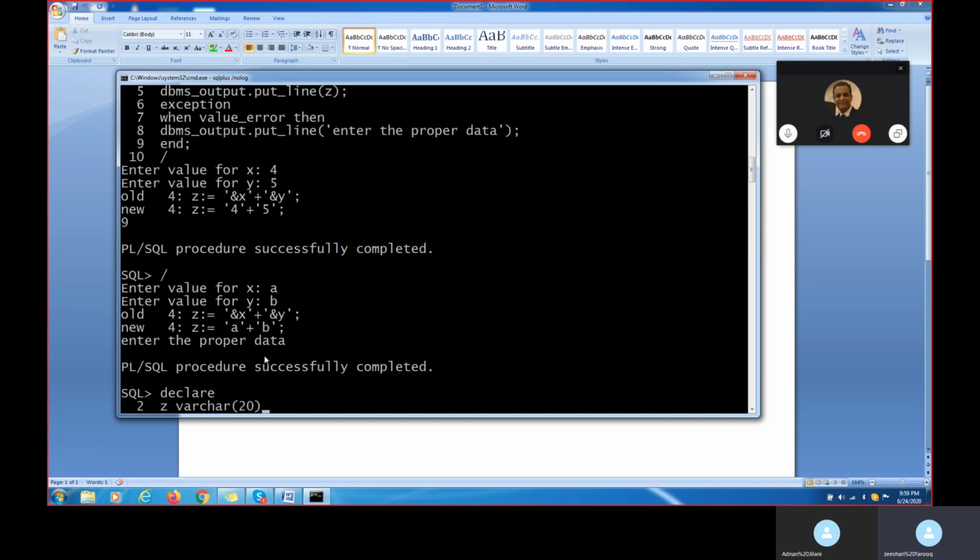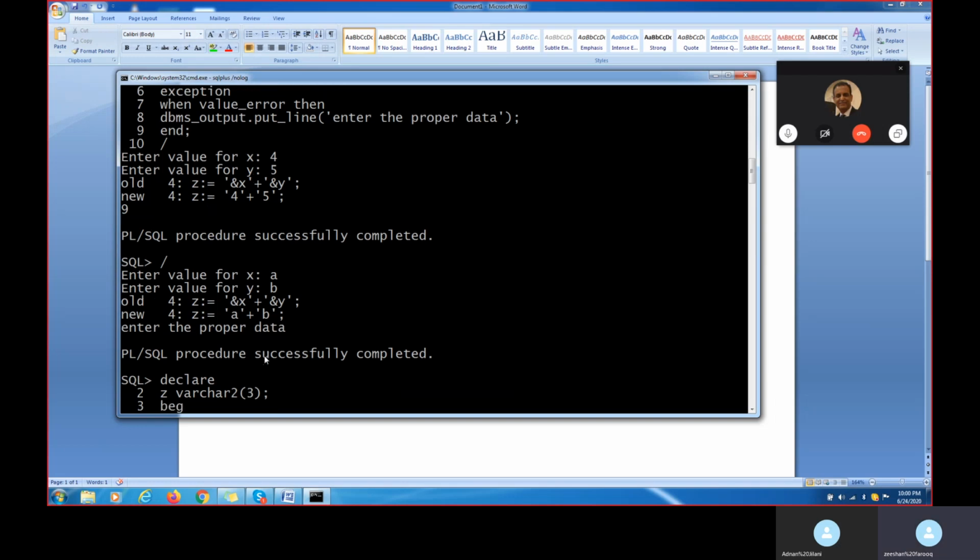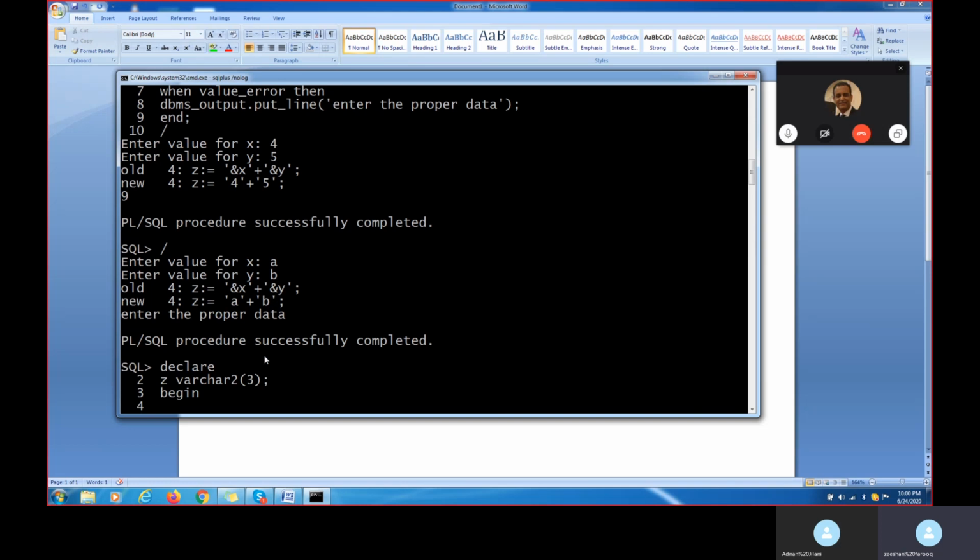Now we'll see varchar2, but I'm giving a size of only 3, not 20. Then I'm putting begin. When I'm putting the z character, how many alphabets am I giving? A, B, C, D.